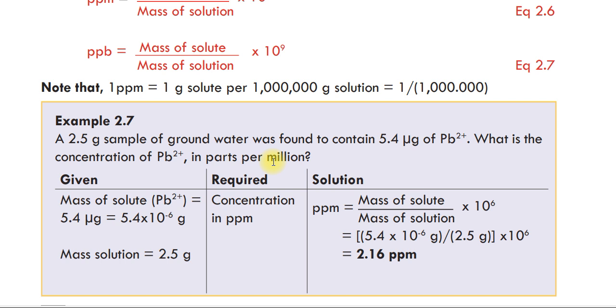in part per million ተብሎ ተጠየቀ. Given mass of the solute, that is lead ion, which is 5.4 microgram. Micro ማለት 10 the power of minus 6 ማለት ነው so 5.4 times 10 the power of minus 6 gram እንደማለት ነው whereas mass of the solution is 2.5 gram solution ደግሞ 2.5 gram ነው ማለት ነው ወይም ground water